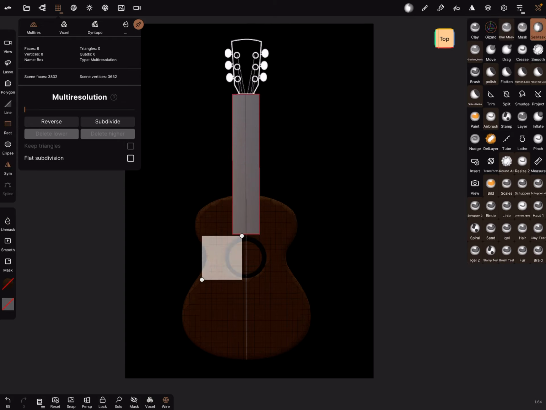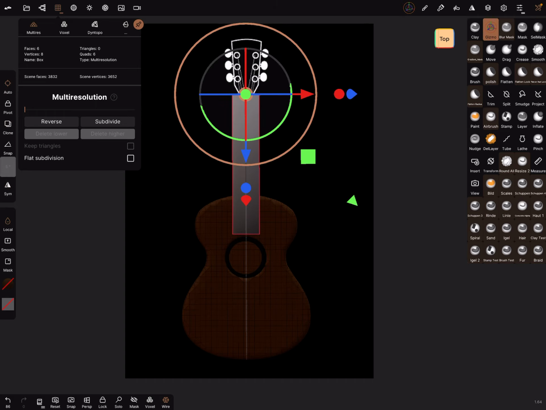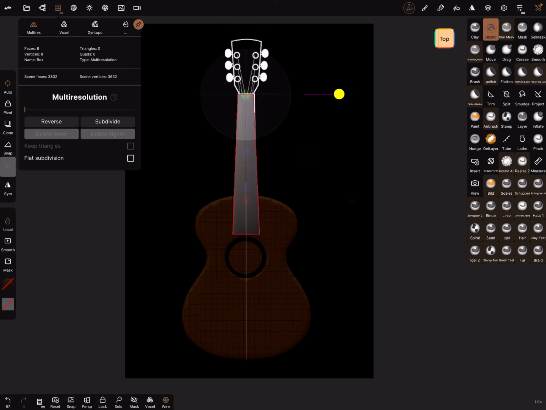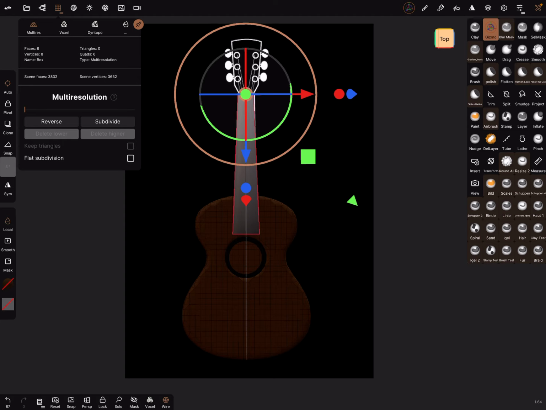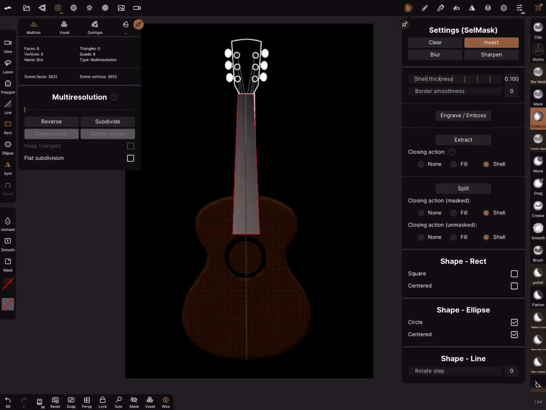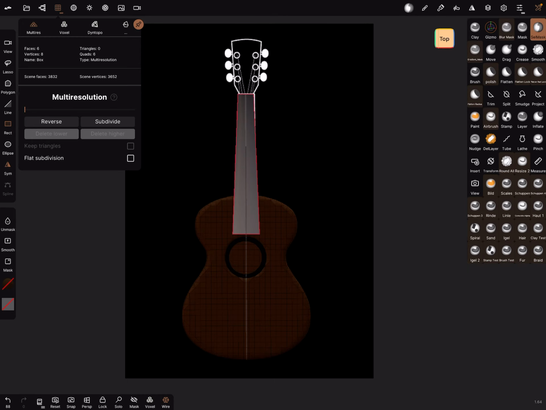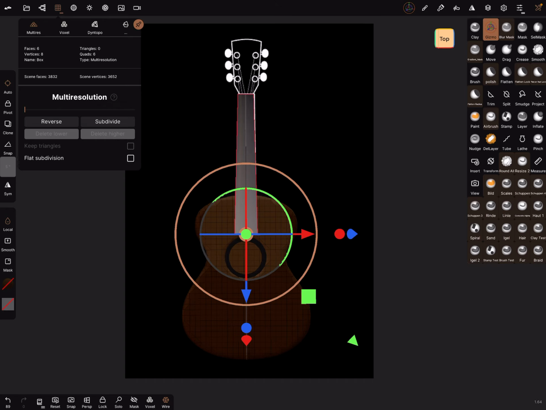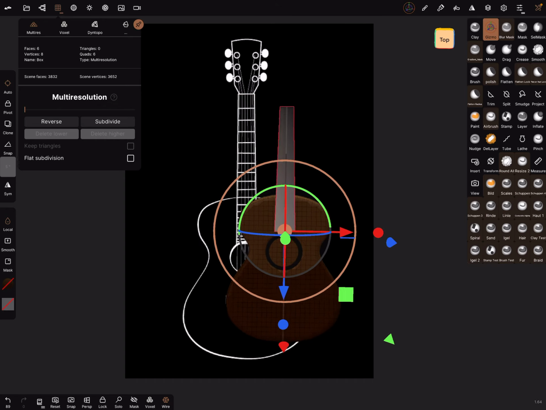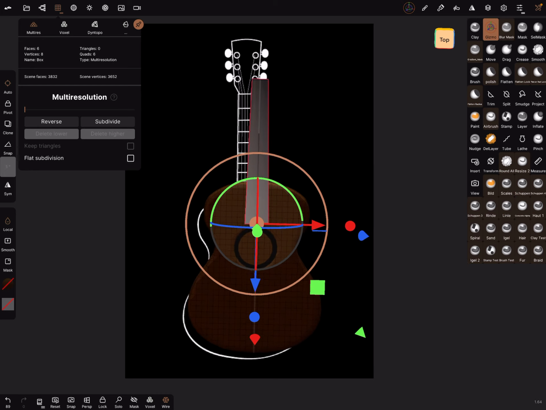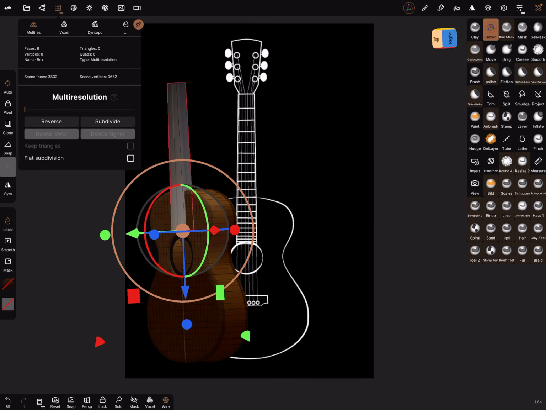You can use the selection mask, mask this part, and you can adjust now this, and you can invert the mask, use the gizmo and adjust it like this. Yes, I think it works.